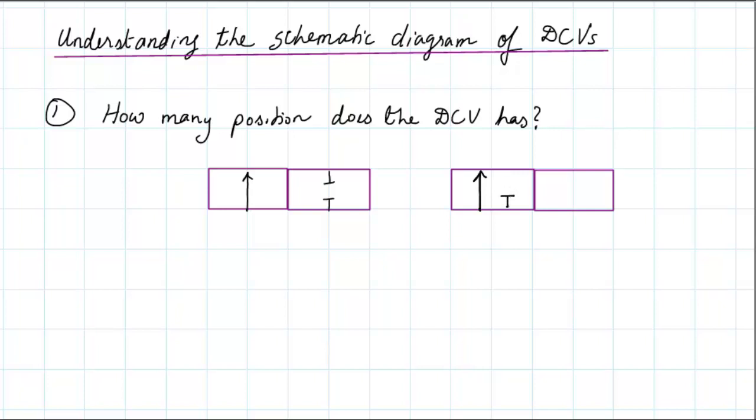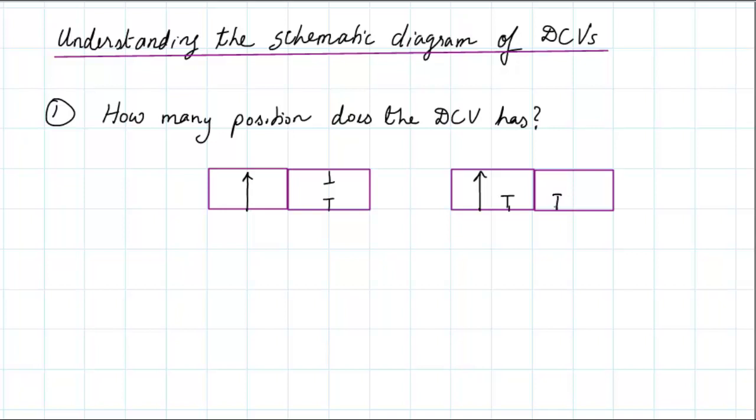That means how many ports are there here? One port, second port, third port. This is three ports. Okay, or three ways are there, in which in one of the positions between this port and this port the fluid is flowing,